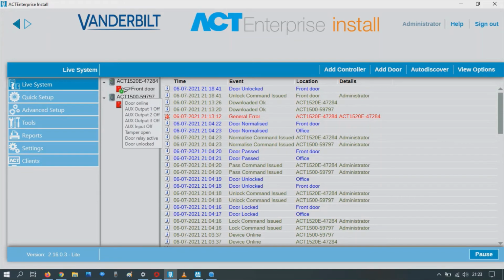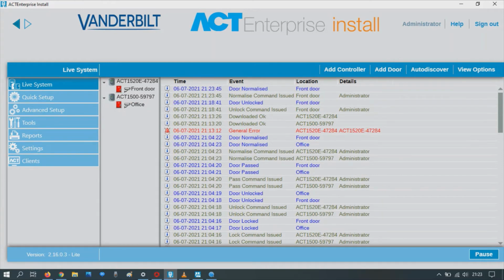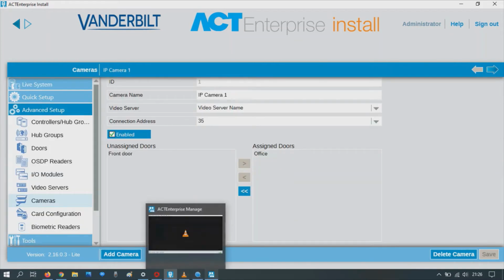So now, let me normalize this door. You can see next to each door, we've got a camera icon. The front door's got a camera icon, which we just added, and the office door has a camera icon. You'll notice the doors, by the way, are red. Don't worry about that. It's because I've got the tamper open.